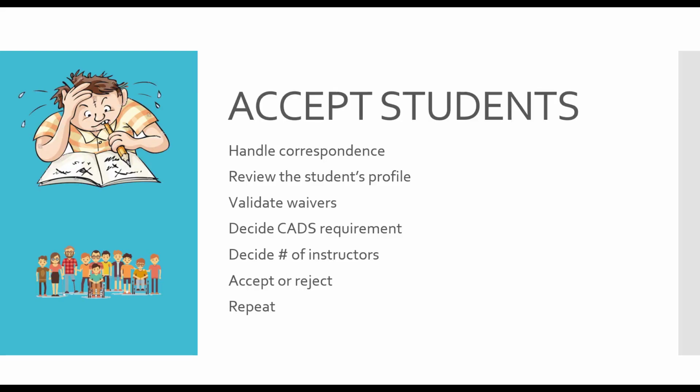Accepting the students is really the coordinator going through all the applications that the club receives as they come in and verifying that A, they're complete, B, answering any questions, going back and forth with the student to get it filled out the way it's supposed to be, make sure you have all the questions answered, and then most importantly, is deciding what does the student need in terms of CATS requirement, so ASDCI level 1 or 2 or SITSKI